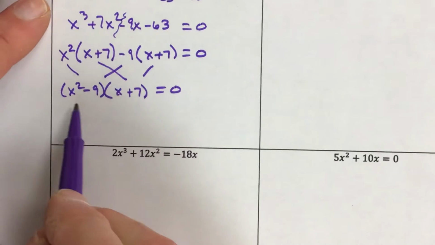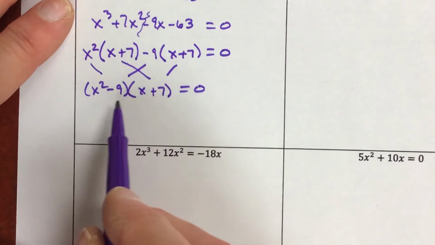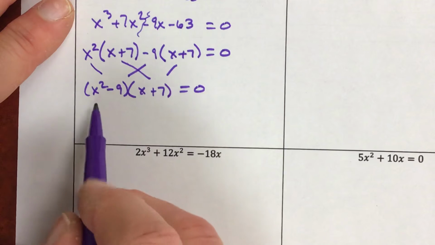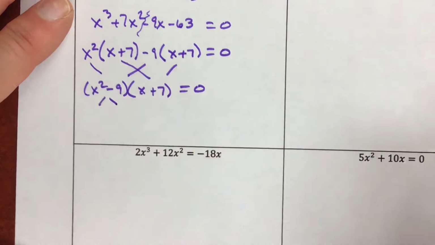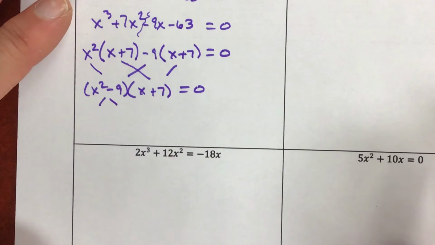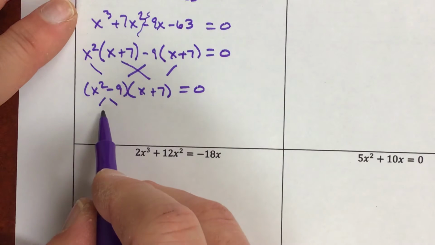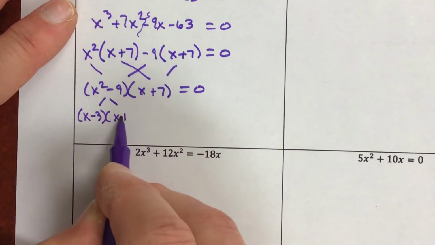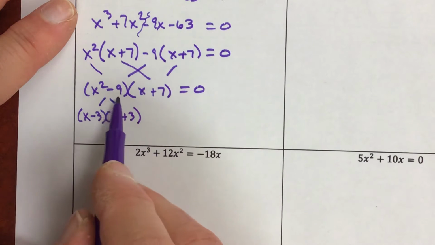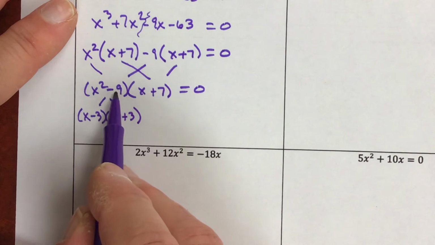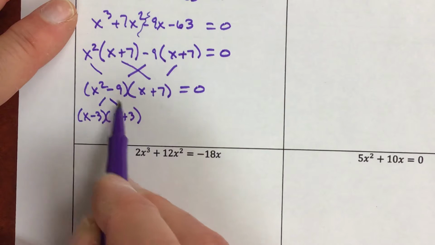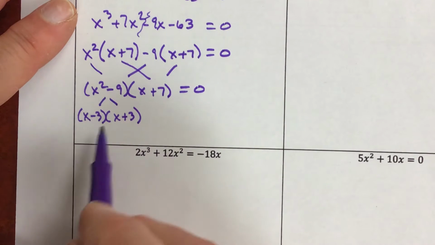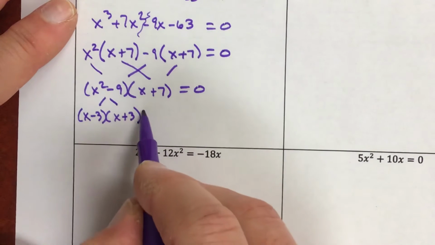Factoring completely means that we have to make sure that inside each one of these parentheses, we can't factor it again. Well, lo and behold, this one right here is a difference of squares. So that means now this one gets broken down to x minus 3, x plus 3, because what did we multiply to get -9? -3 times 3, that adds up to that middle term of 0. This one just comes down,